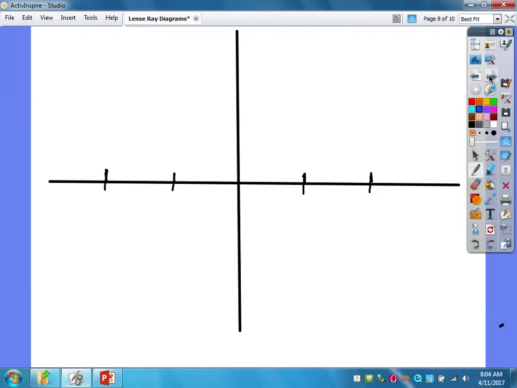All right? So for convex, we're just saying DO is greater than F. We still want to draw in F and C. The thing is, we want to make sure to draw in F and C on the other side as well. Okay? So the thing is, again, it doesn't matter where the object is. You'll place it according to the problem where it's supposed to be, but you're going to be doing the same